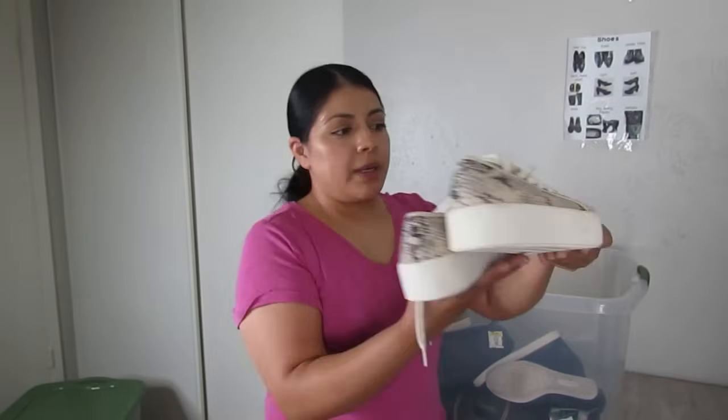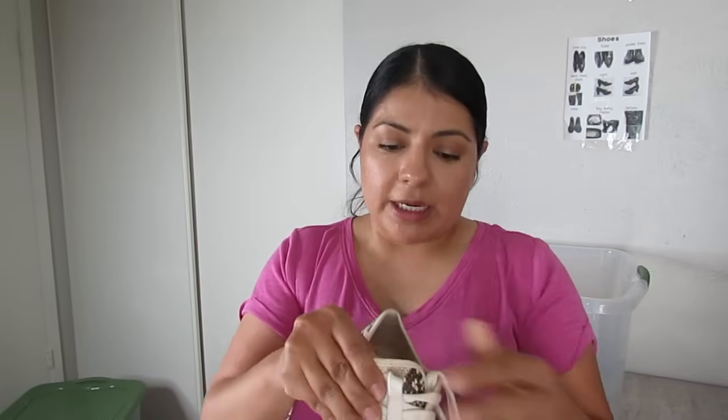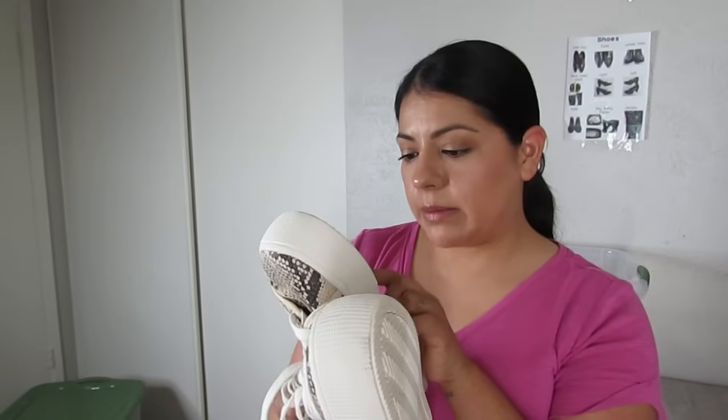Some platform style shoes, snake print, lace up. These right here are Torrid, so a wide fit. Torrid are always wide fit, and I always make sure to put that in my title. I'll put wide fit in my title, and then in my description I'll put wide width in case someone's looking for either of those terms. These are a size 7.5 wide. Excellent condition. I think they look like they've never been worn, and I can see right here in the tag that they were originally